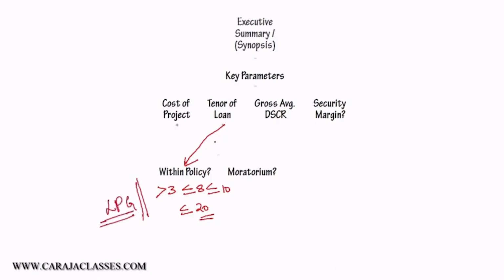So the sanctioning authority will be interested in knowing whether this proposal comes with a deviation or without deviation, to get a level of comfort. Then, what is the moratorium they are asking for? Why is a moratorium required? Because here term loans are used for creating assets, and those assets should generate revenue. That revenue will bring in profit, and from that profit, to put it rightly, the cash profit only, the term loan